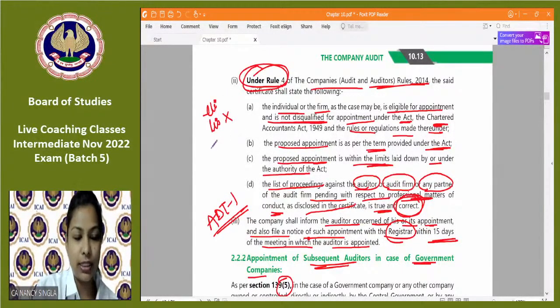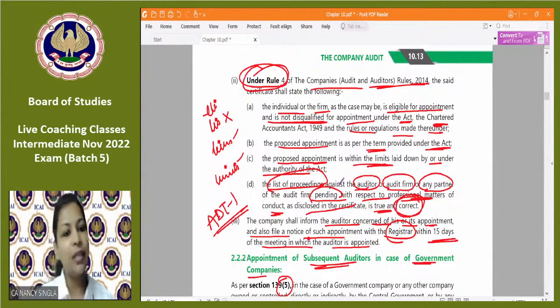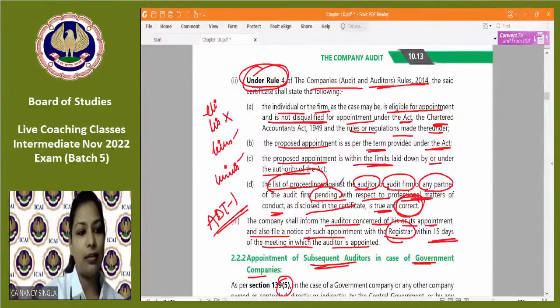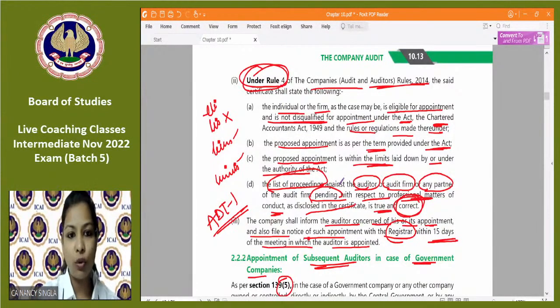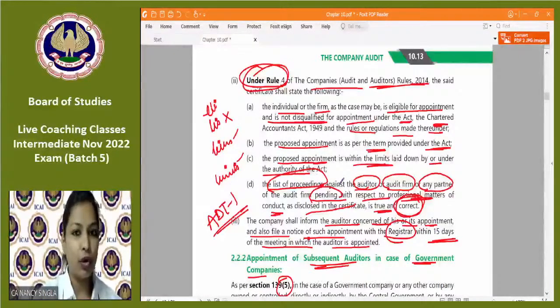डिस्क्वालिफाइड नहीं है, ठीक है, टर्म के अकॉर्डिंग है, लिमिट्स के अकॉर्डिंग है, एंड जो भी लिस्ट ऑफ प्रोसीडिंग्स पेंडिंग है किसके अगेंस्ट, ऑडिटर, फर्म या पार्टनर के अगेंस्ट, सो दैट इज ट्रू एंड करेक्ट। एंड हियर यू कैन मेंशन व्हाट, दैट इन्फॉर्म करना है किसको, टू द ऑडिटर, टू आरओसी विद इन 15 days of such appointment, and an extra information that ADT 1 में अपॉइंट करते हैं, फॉर्म होता है फाइल, ठीक है।